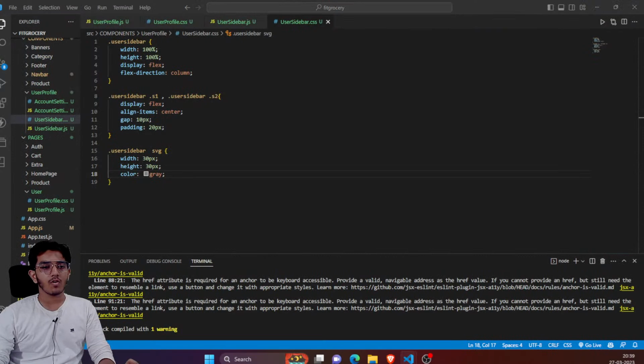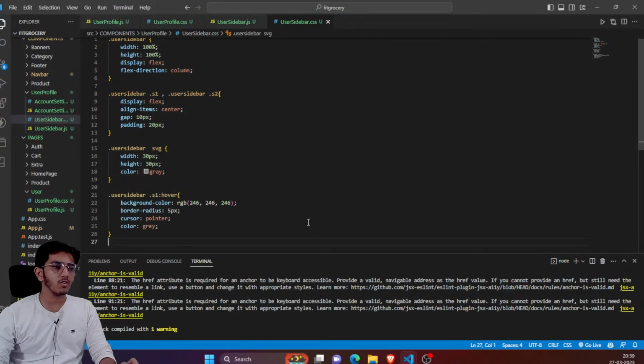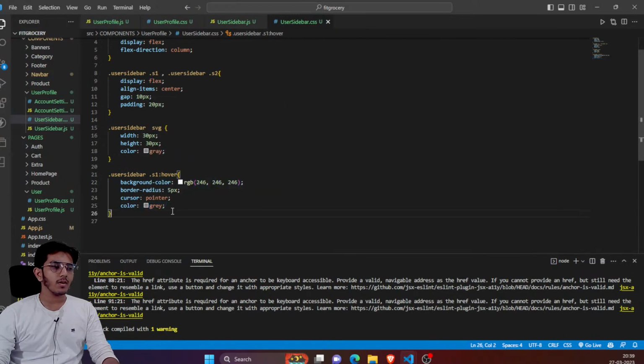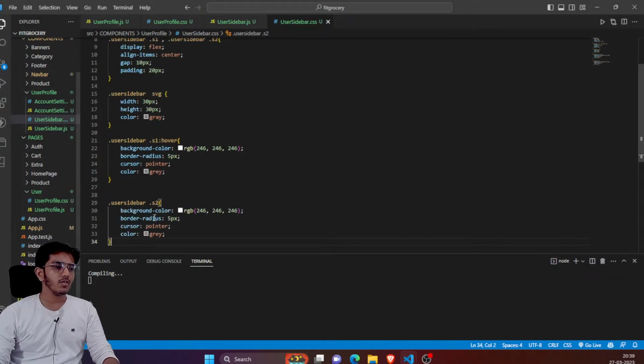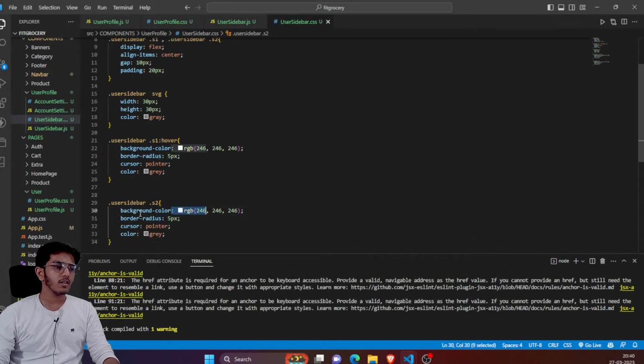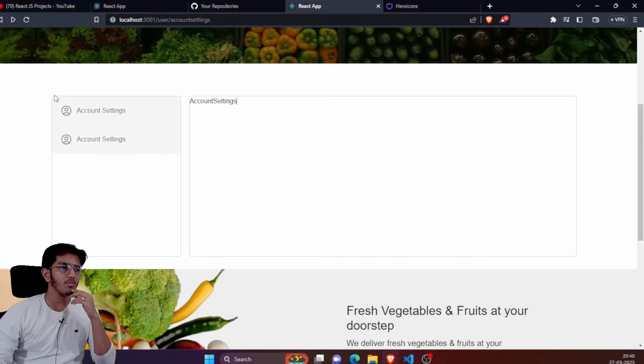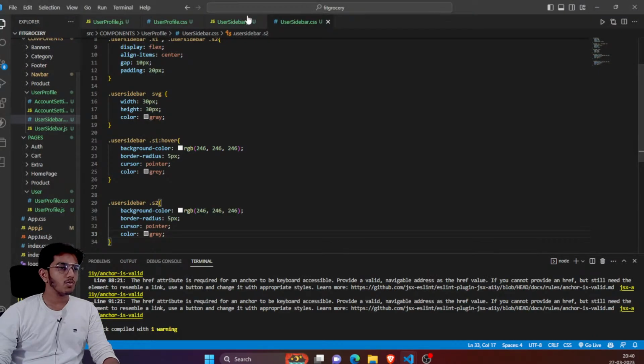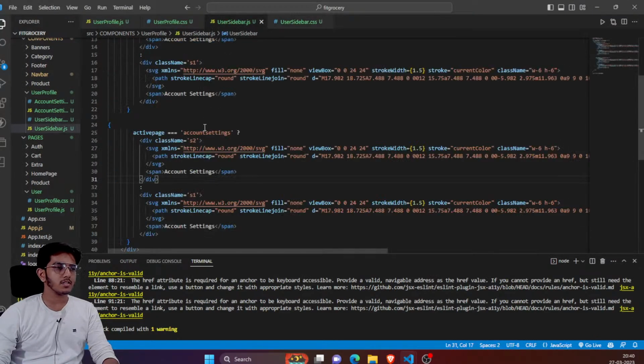And I'll say that if I hover on S1, I want my background color to be something like light gray, and the text color will become gray. And similarly, if my S2 is visible, it will be having some background color and some border radius and some color. Now I think some of you might have got confused about it. So for your clarity, I'll say my second page is, suppose,